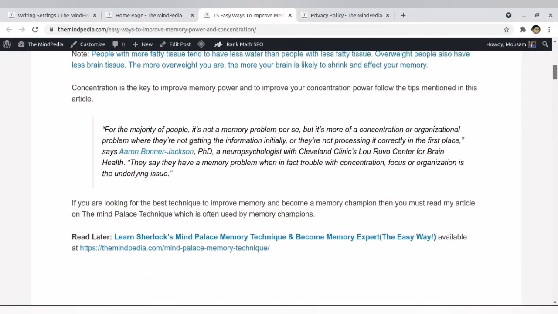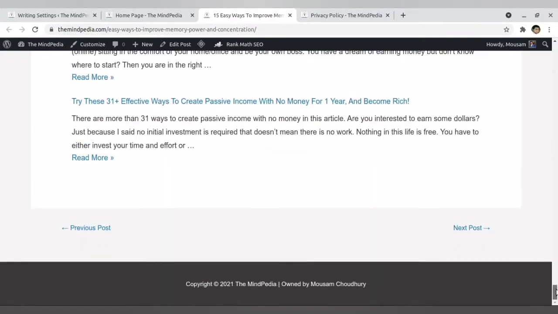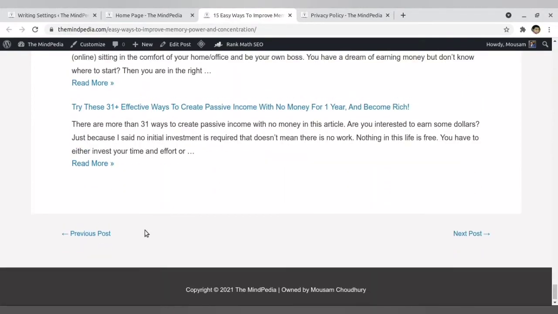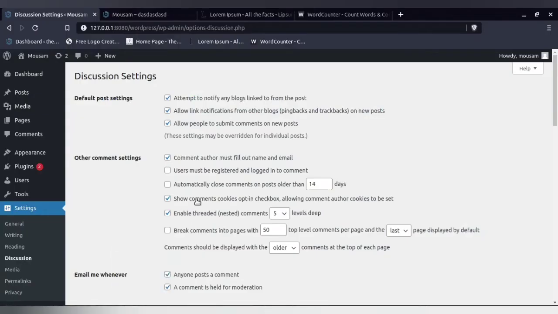So in no post of mine you will find the comment activated, so I have disabled it. This helps also in improving the site speed, but apart from that, because people spam the comments area, that's the reason I have stopped it. Though there are plugins by which you can moderate, or you can do it manually also, but I prefer that it's better not to do so.